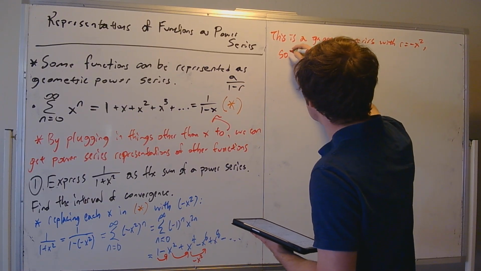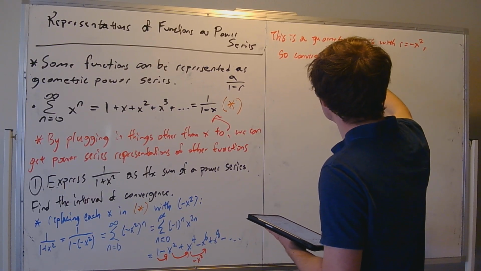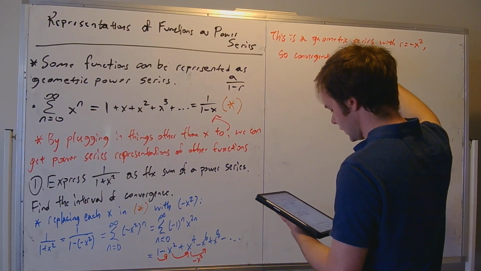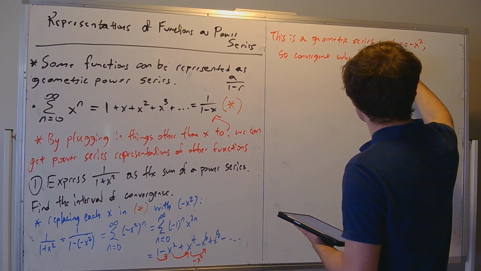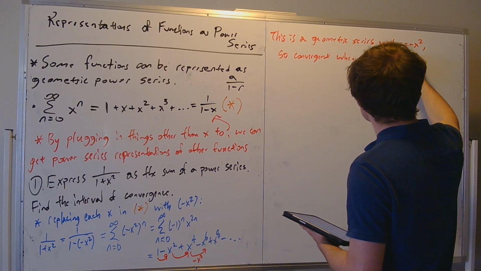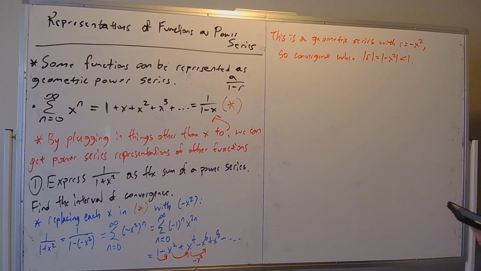So remember, it's convergent when the absolute value of r, which is the absolute value of negative x squared, is strictly less than 1. So we just got to find when that's the case,